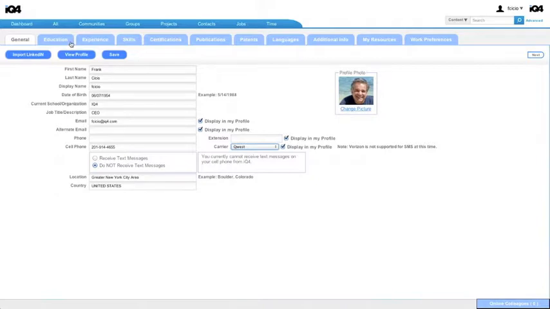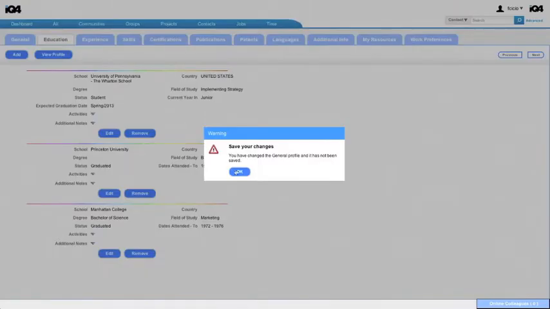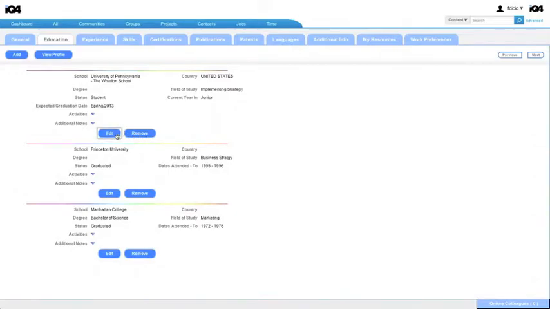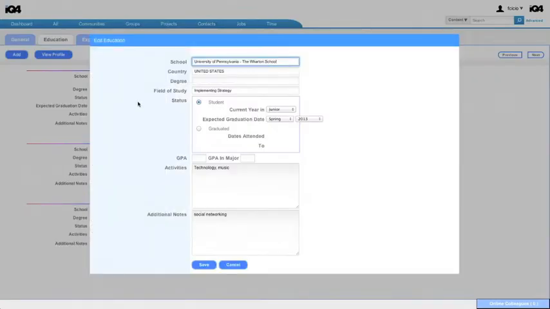I'm going to take you through a couple of areas here. The education is important because it allows you to establish where you are, what your student status is, or if you've graduated, any particular activities and notes that you'd like to make the employer aware of, or anybody searching for your background. All this information will be searchable either using our textual-based search or an attribute search, which we'll get into